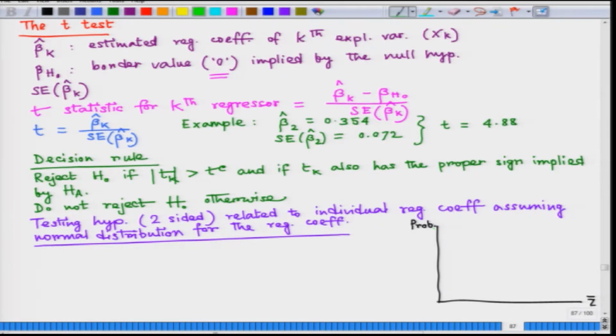Here the sample statistic could be thought of as the t value also. So, the t value is a sample statistic which we are measuring along the horizontal axis. Now let us plot a normal